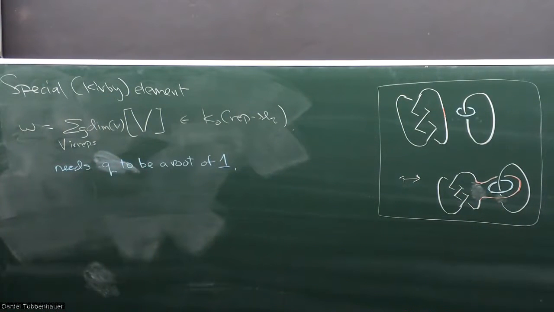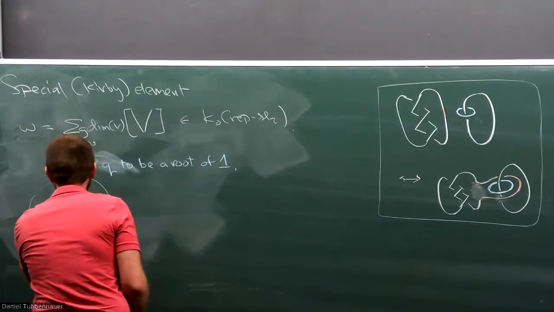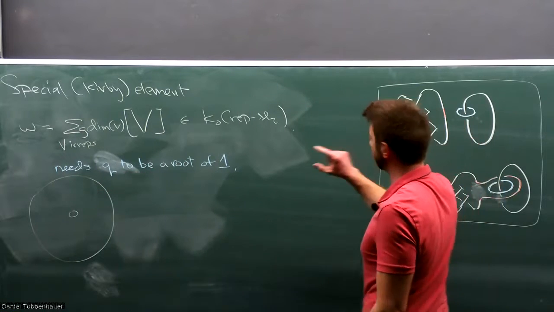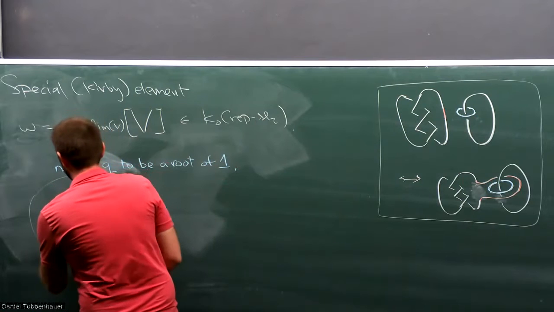Okay, and this Kirby element is special because, if I draw my pictures in the annulus, the thing that makes the Kirby element special is it satisfies handle slide invariance, which I'm going to state in the following way, which turns out to be